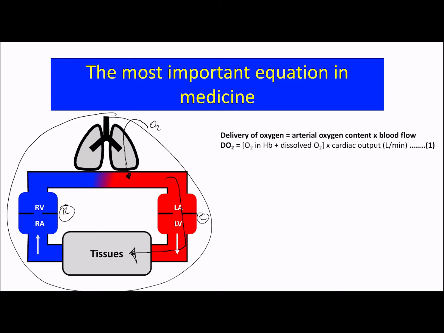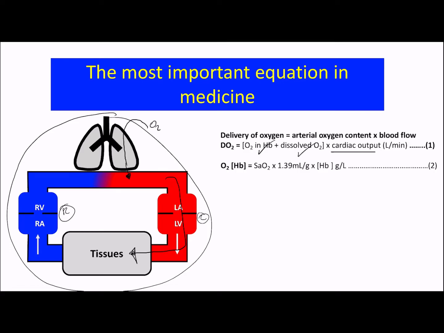It's oxygen in hemoglobin, and we figured out the importance of that, as well as the dissolved oxygen in blood. And we remember that the solubility coefficient for oxygen is 0.003 milliliters per liter per millimeter of mercury. Very minimal. As well as the cardiac output in liters per minute. So let's have a look at each of these components. So firstly,